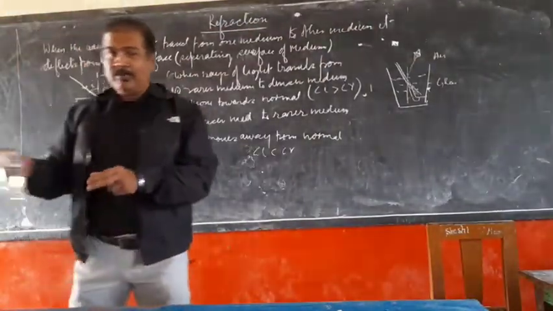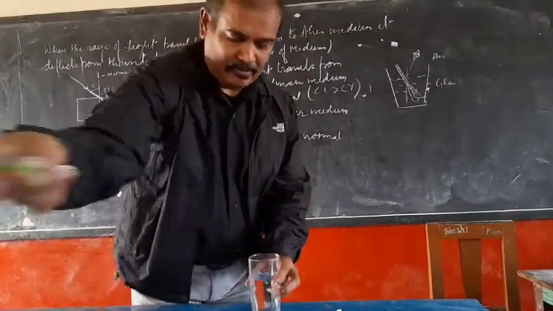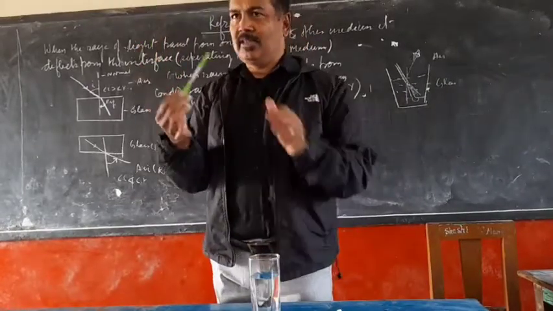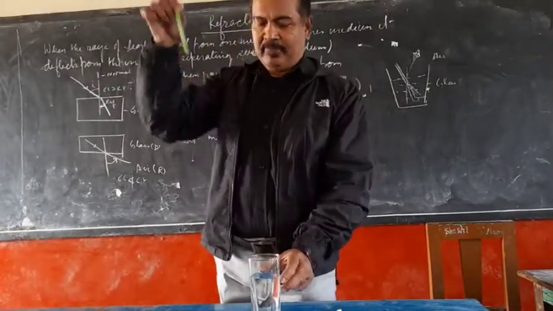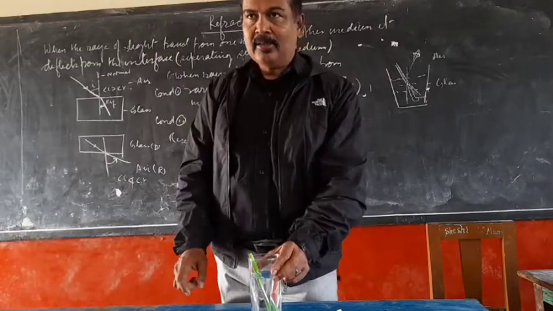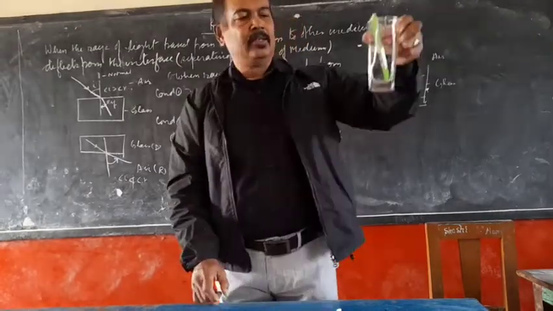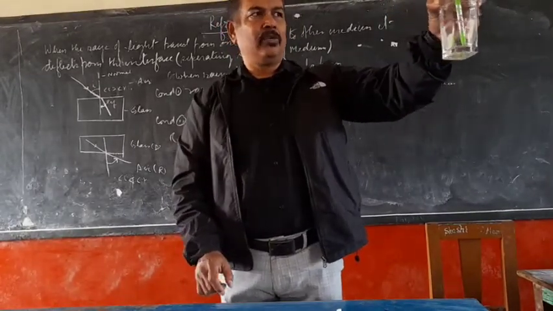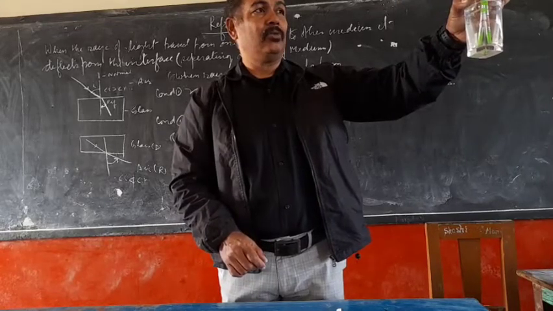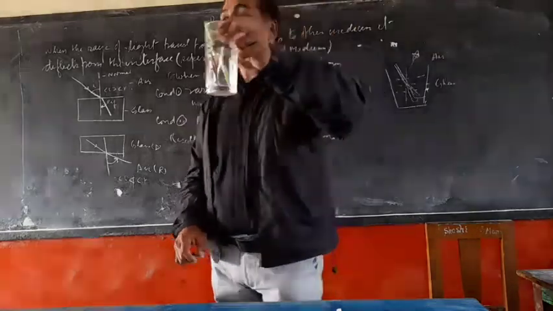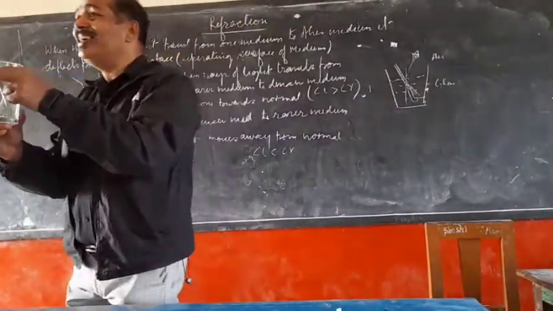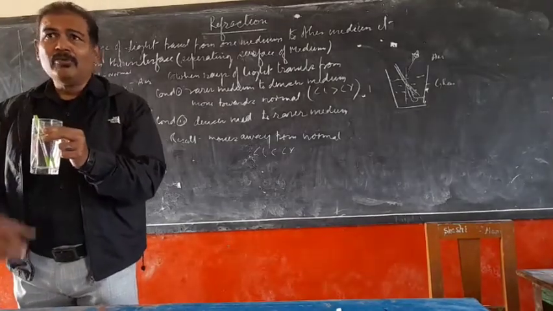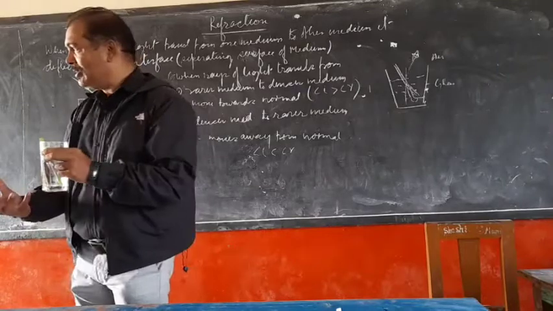Okay. Can anyone give me a pen? Now, see here. This pen is straight. Are you getting this one? You can see that, na? Now I'm going to dip this pen in a glass filled with water. When you observe this pen, what do you see? आप क्या देख रहे हो? The pen appears to be tilted. वो टेढ़ा नजर आएगा. तो क्या पेन टेढ़ा हो गया? कोई मैजिक हो गया इसमें? कोई मैजिक नहीं ना हुआ बच्चों.